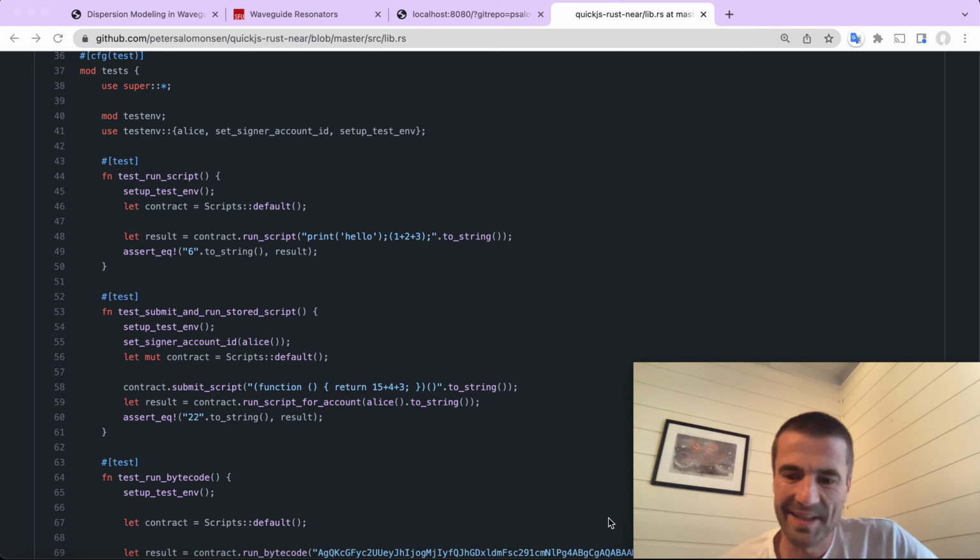Hello, back again, and I want to talk a bit more about this integration of QuickJS, a JavaScript runtime, into a Rust code environment, running it in WebAssembly, and then running it as a smart contract on the Near protocol blockchain. So last time I showed you how this Rust program was supposed to look,